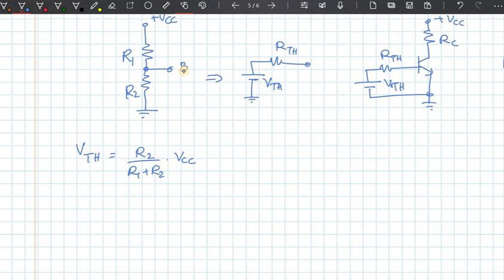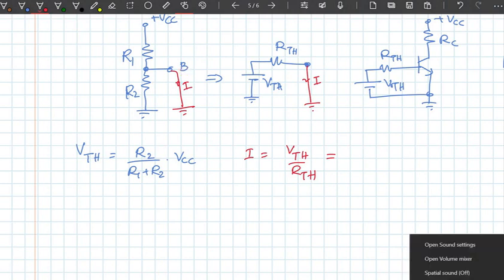That's also not too hard to find. There are many ways to find it. One way is to short circuit the terminals, so that if I connect the terminal here to ground, like this, I should get the same current. So using that I can find, I know the VTH, I should be equal to VTH divided by RTH, which is also equal to,